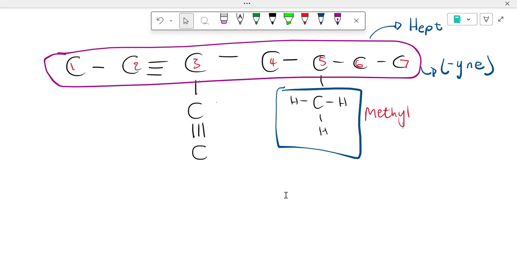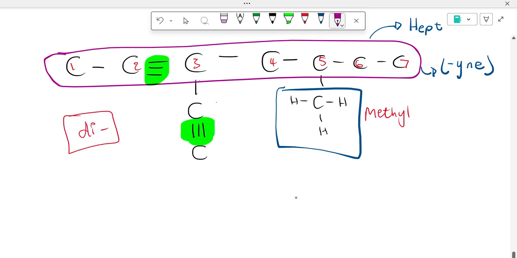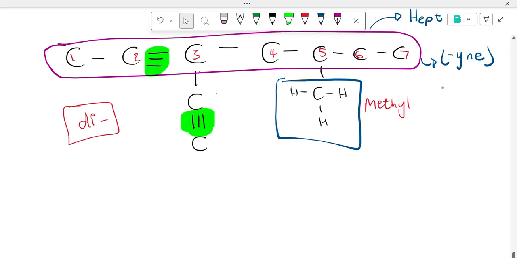Now that I've done that, I need to name my compound. The name of this compound will be, notice how I have two triple bonds, right? I have this triple bond there, and I have this triple bond there. When you have two things, what prefix do you think of? Aha, di, right? So that's the prefix you need to consider in your mind. So now this is what the name of this thing will be. Okay, so that's 5-methyl-